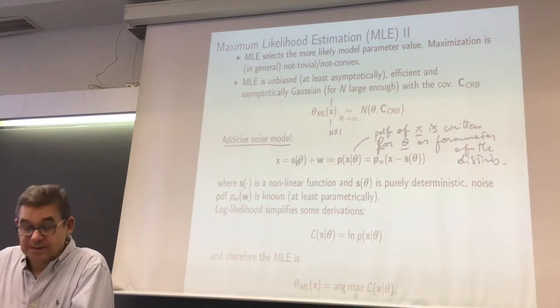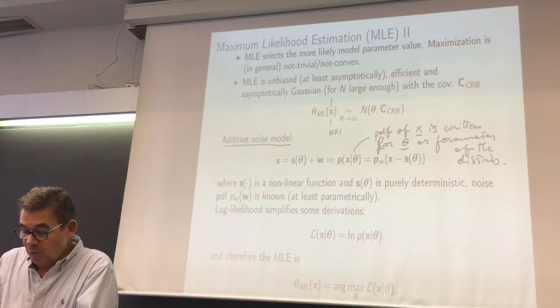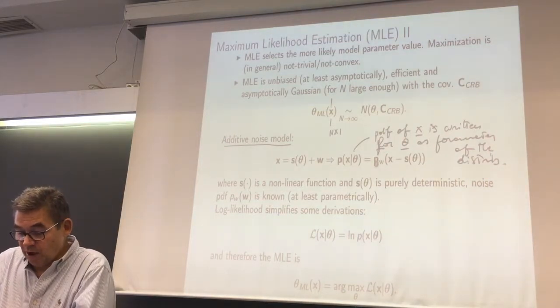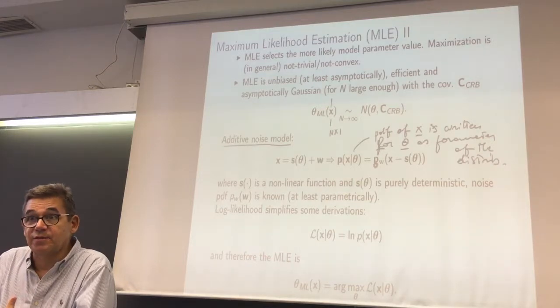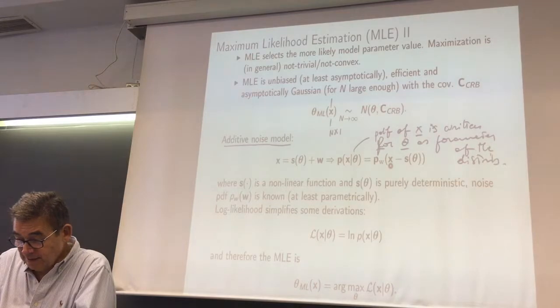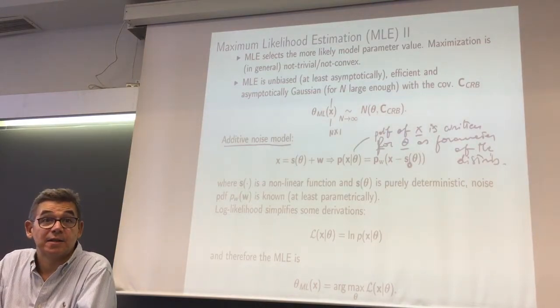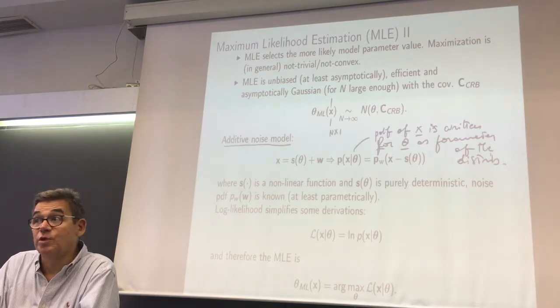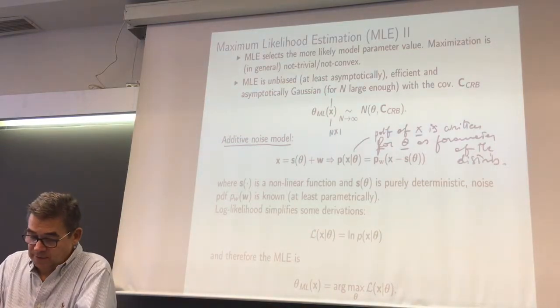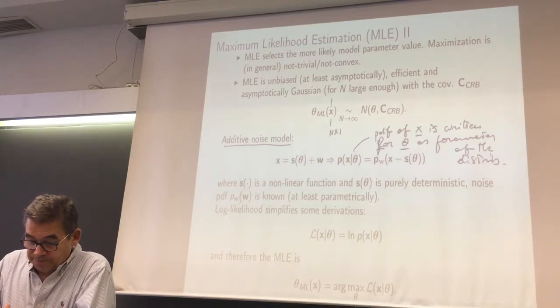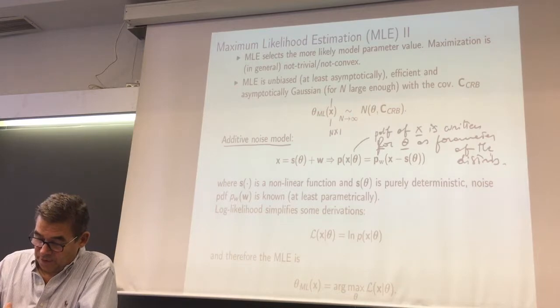So when I have the probability density function of the noise, I just move the mean by S theta. So the way I write it is the following: I write it as the probability density function of the noise, where the argument is equal to x minus S theta. So I just move the corresponding mean, something that we have already seen. So, now, once more,